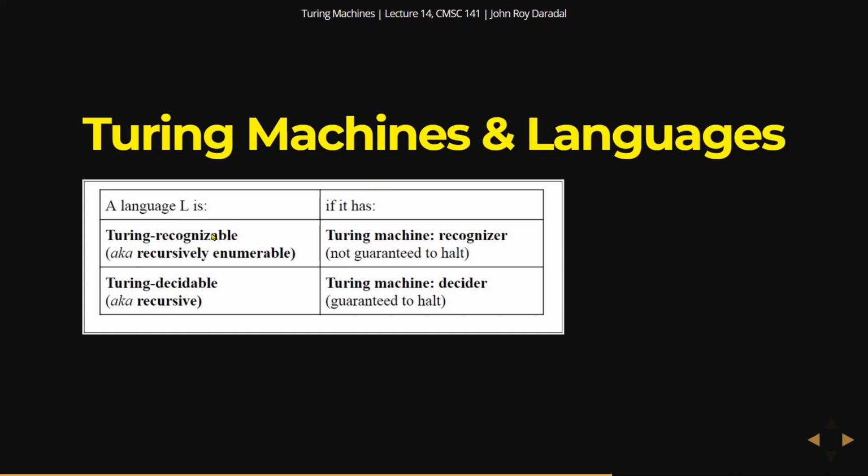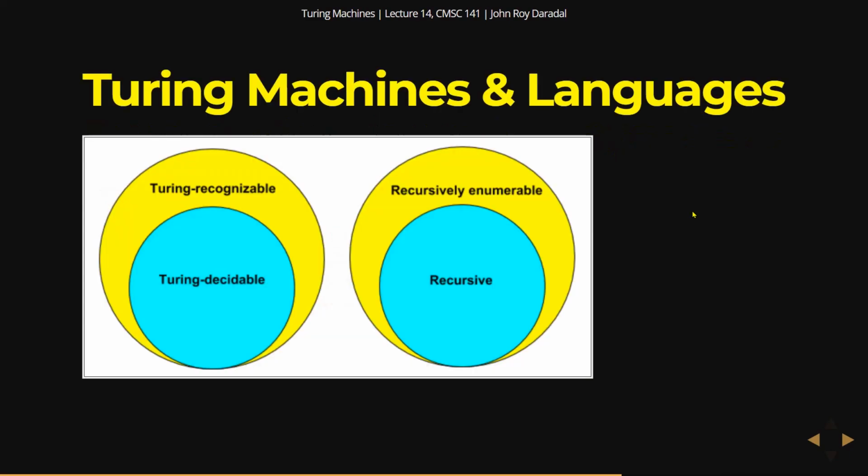Whereas if it has a Turing machine decider, which is guaranteed to halt, then that language is Turing decidable or recursive. Okay, so in this course, we will use the recursively enumerable and recursive language labels. So Turing decidable is recursive, Turing recognizable is recursively enumerable, and you'll notice that recursive languages are inside recursively enumerable because recursive languages are also